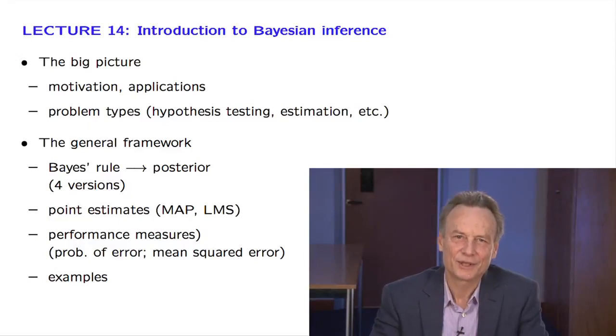In this lecture, we start our systematic study of Bayesian inference. We will first talk a little bit about the big picture, about inference in general, the huge range of possible applications, and the different types of problems that one may encounter. For example, we have hypothesis testing problems in which we are trying to choose between a finite and usually small number of alternative hypotheses. Or estimation problems, where we want to estimate as close as we can an unknown numerical